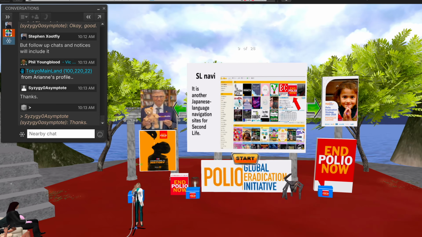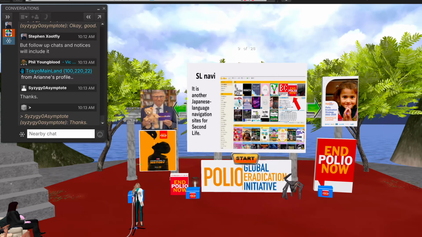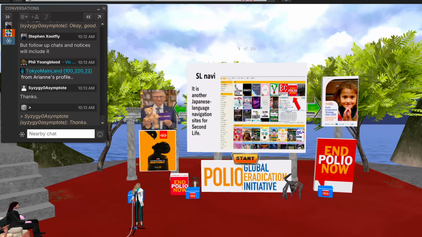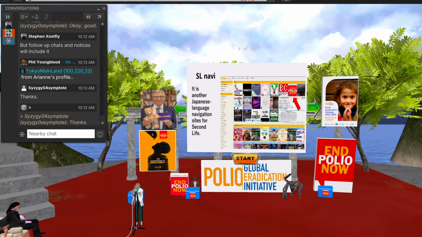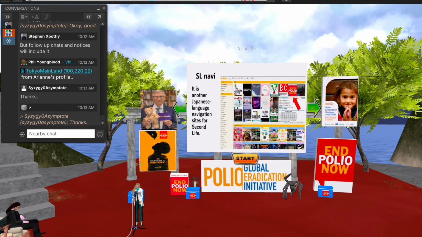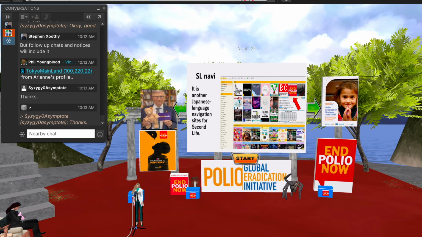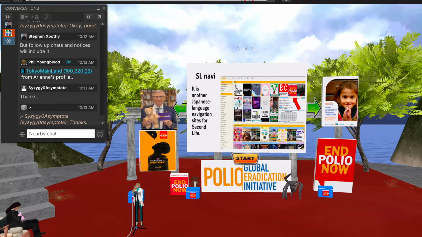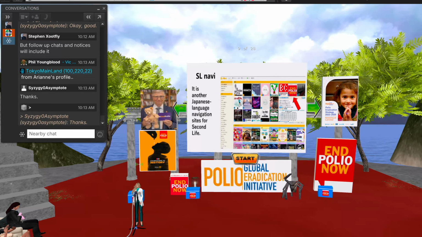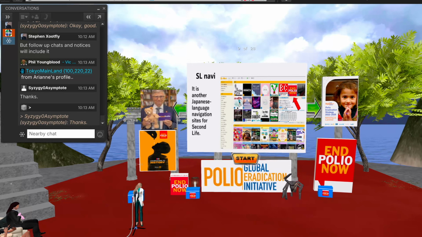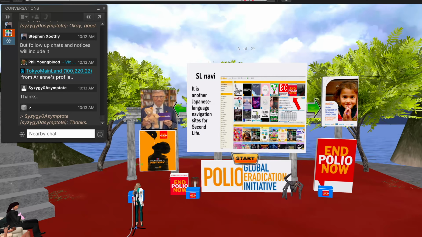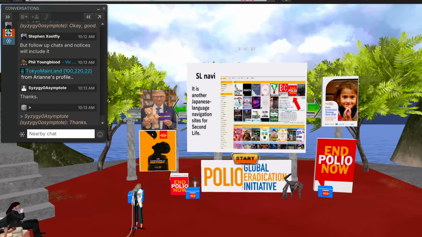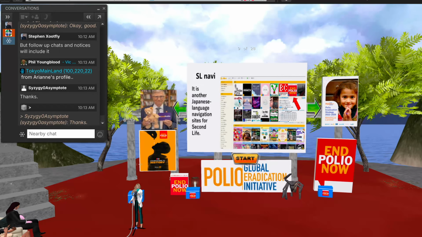This is another Japanese language destination guide called SL Navi. While Slink tends to feature sims focused on social interaction, such as cafes and bars, SL Navi includes a larger number of sims oriented toward entertainment, including games and other interactive experiences. Like Slink, it also provides real-time information showing whether a sim currently has visitors, distinguishing between owners and general visitors. One limitation common to both platforms is that neither offers an English language menu.